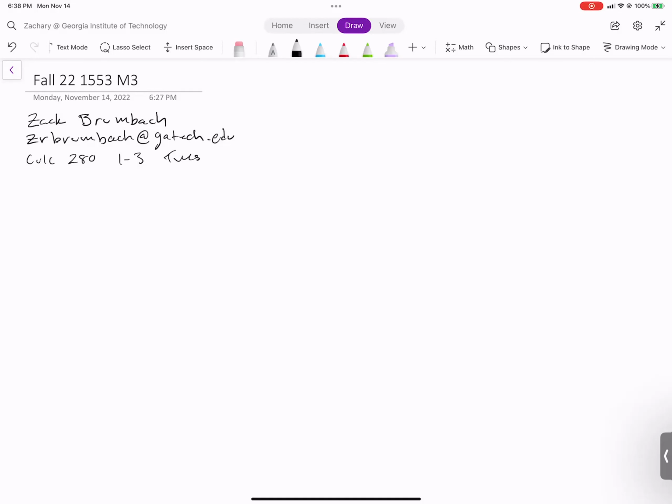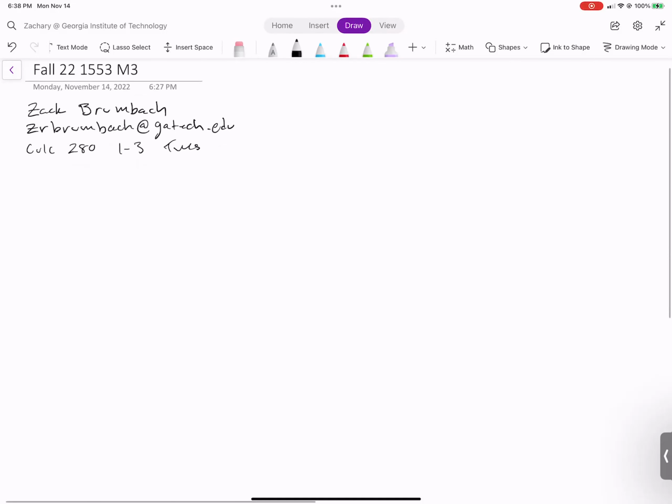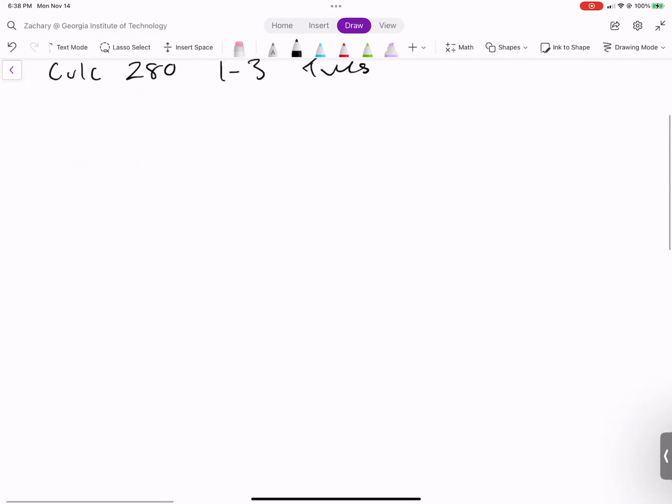Sure. This ties back to the concept of diagonalization, and that boils down to what I like to call CDC inverse decomposition. This class is the only kind of decomposition we learn. In classes like 1554 and 1556, we learn a whole slew of other ones as well, but this is the main one we focus on.